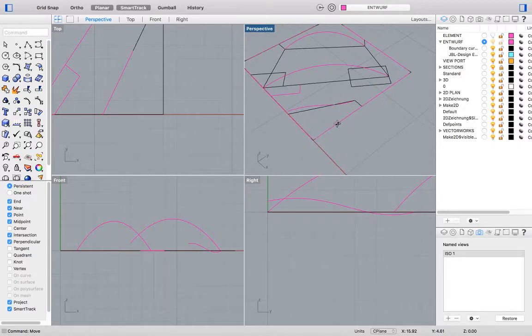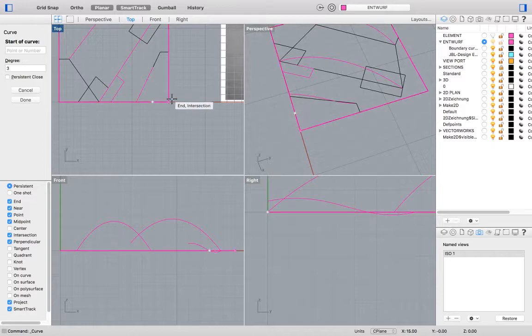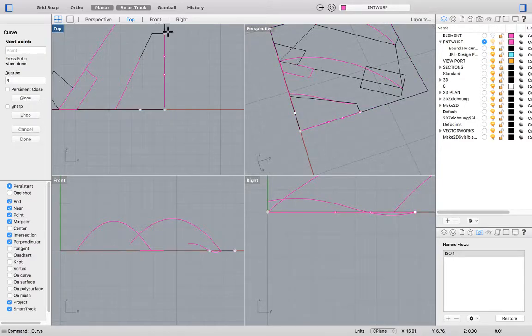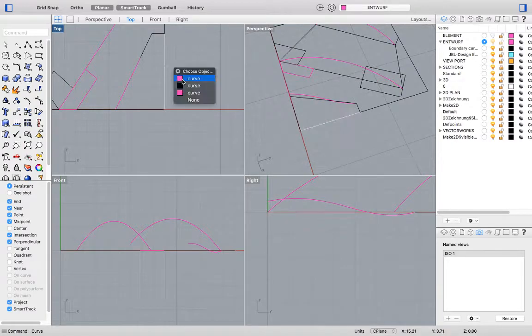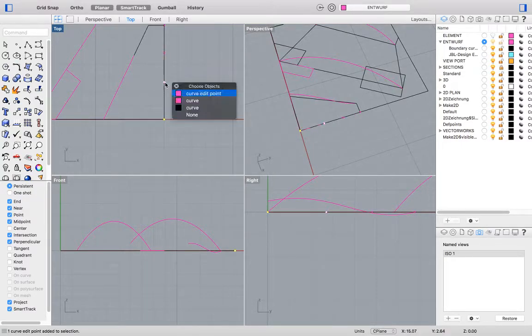Okay, so we're also going to do the same with this front curve, which is this profile here. So again, we're going to hit 1, 2, 3, 4, and enter to close the curve. Hit the command edit points on. We're also going to select this point and this point of the control curve